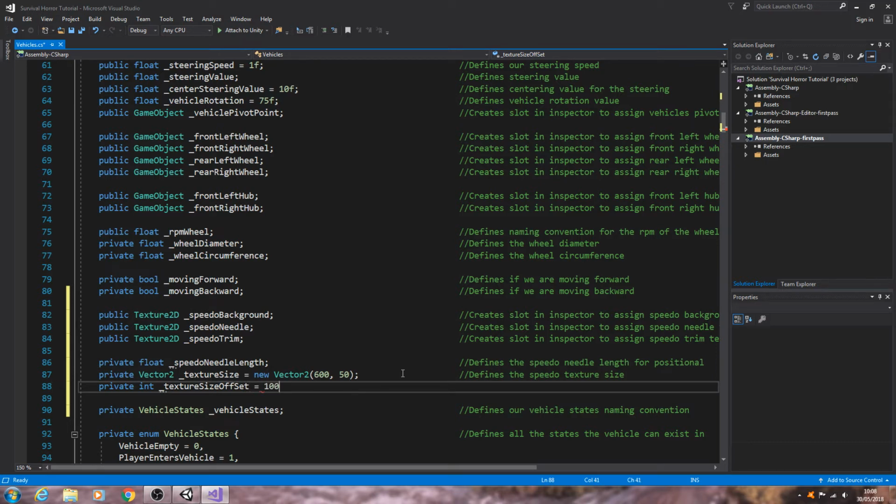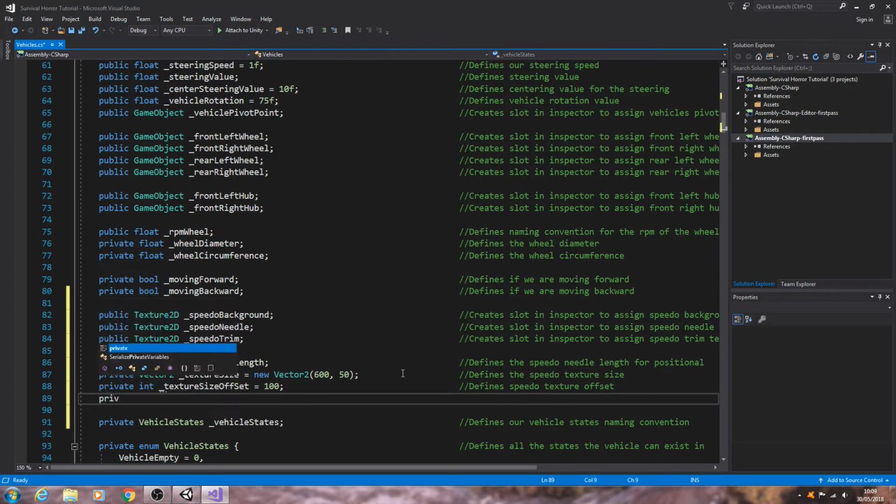Let's make that equal to 100, close the line off, into the comments, define speedo texture offset. Below of type private int underscore speedo